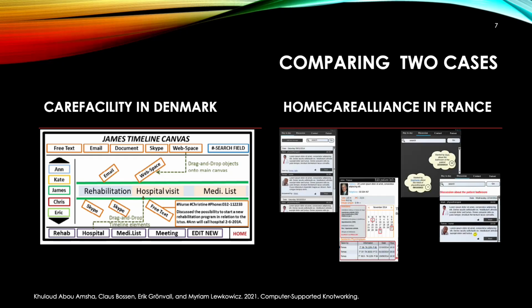In the case of Home Care Alliance, the design solution was an application accessible via tablet. To access the application, care actors can either create a profile or simply indicate their name and profession. The tablet stays with the patient, and the information cannot be accessed remotely. The application offers a place to exchange messages with care actors, allows identifying care actors working around the patient, and keeps a record of the patient's important information.